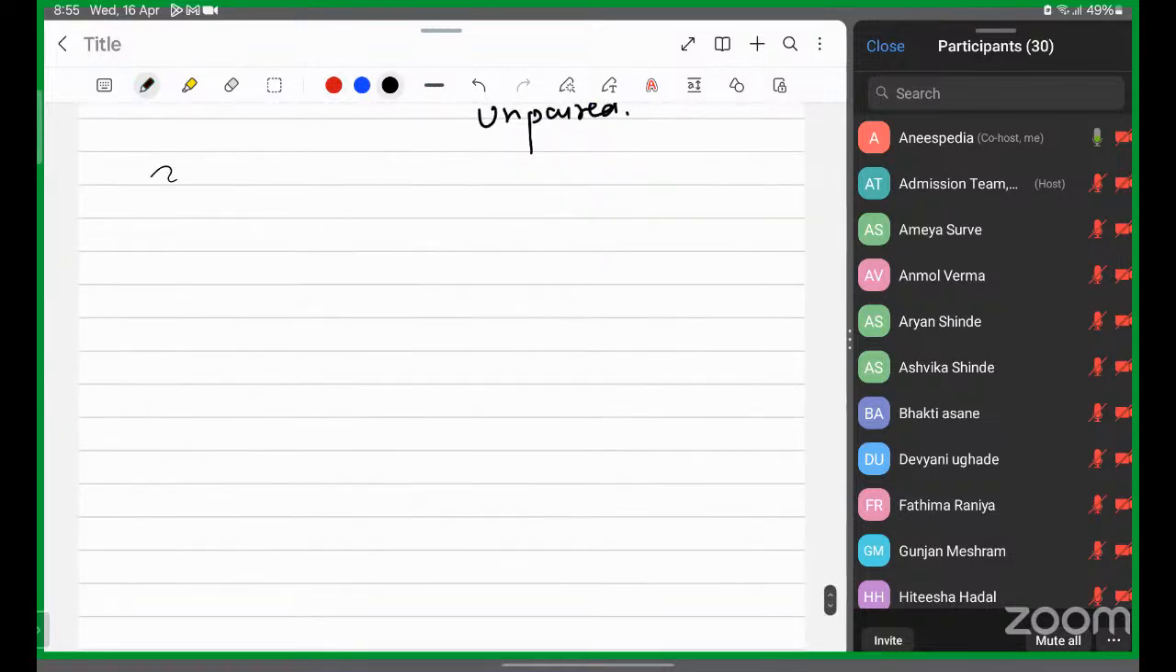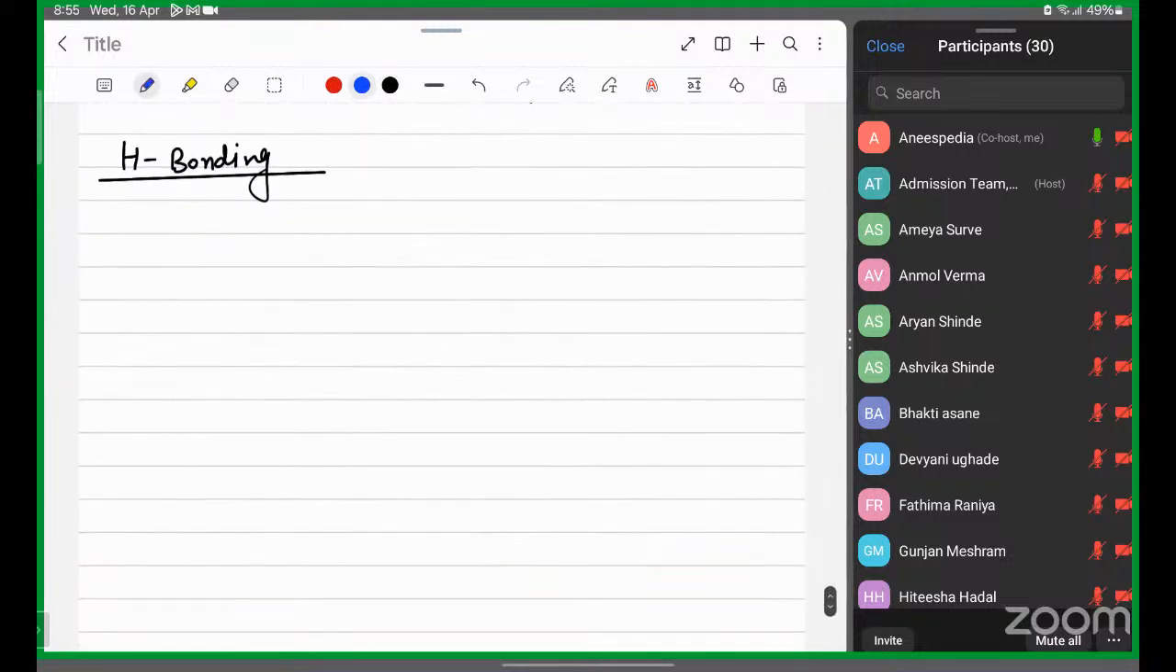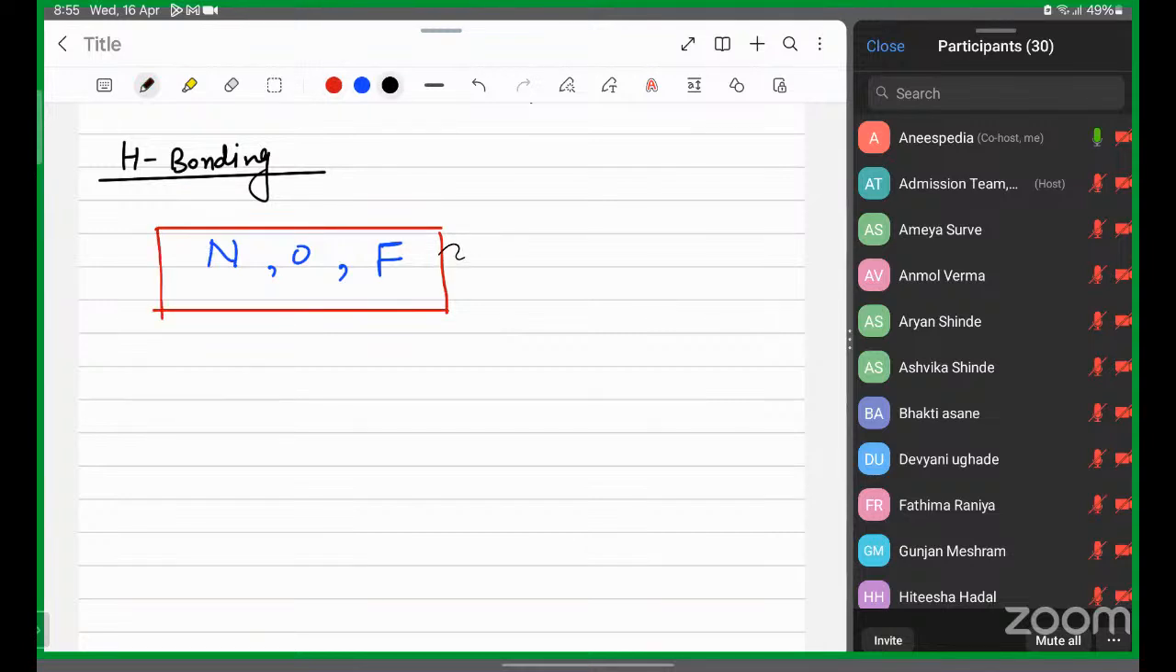Next point we have H bonding, that is hydrogen bonding. Remember, hydrogen bonding will be there if and only if hydrogen atom is connected with FON. FON stands for fluorine, oxygen and nitrogen. If there is a hydrogen atom H which is connected with either F or O or N, then this